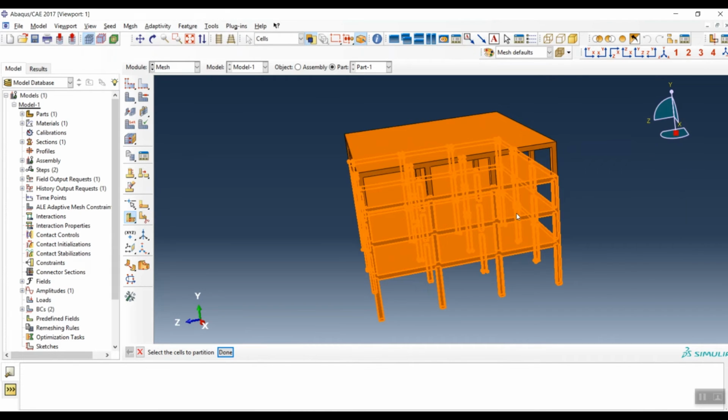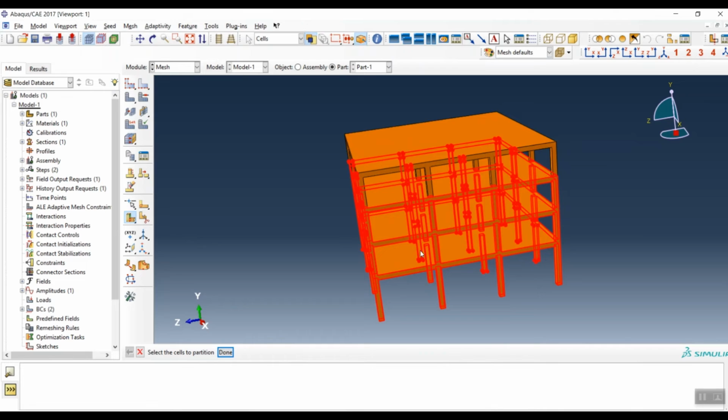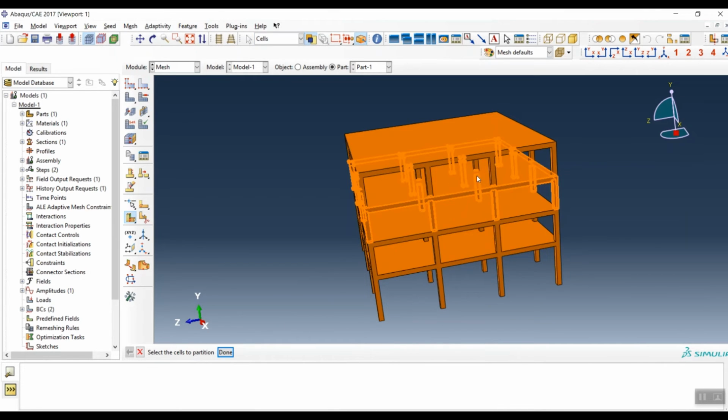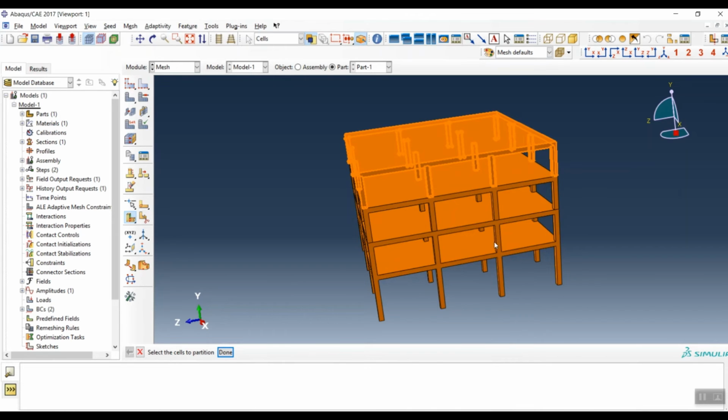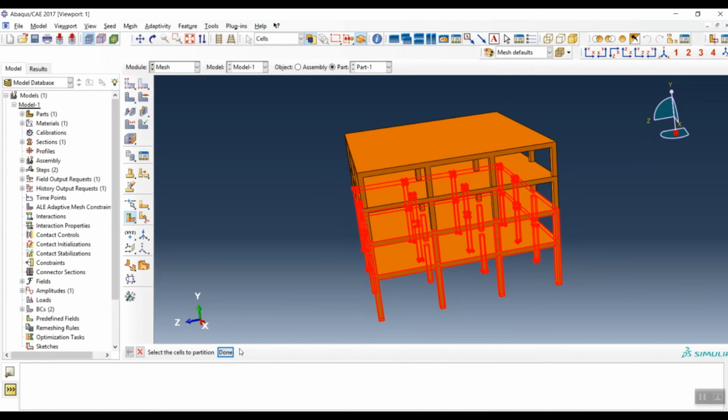Then click on this part, done, and now choose this area, create partition. And now we have two partitions, as you can see. Click here, done, and choose this area, sorry,